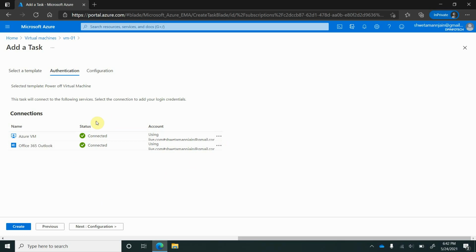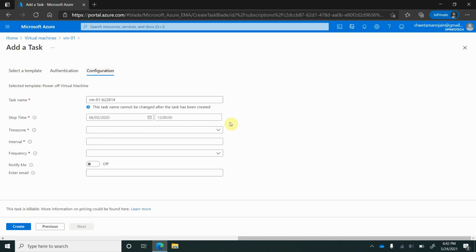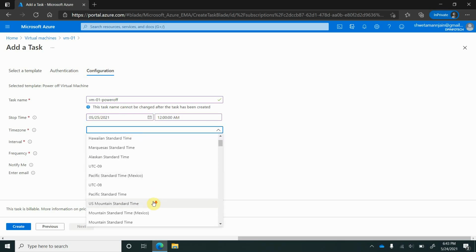And the final one is the configuration part. Configuration means the settings part, and it tells us about the various parameters pertaining to the power off. Here you can see that the first one is the task name. So we can quickly provide some name. Let's provide something familiar. So I am going to provide power off. My task name is power off, and I want to shut it down at 12 a.m. starting tomorrow. So 12 a.m. starting tomorrow, it should be Pacific Standard Time.